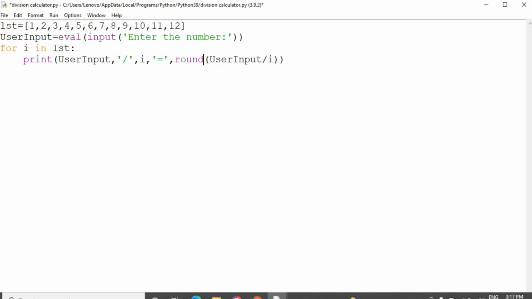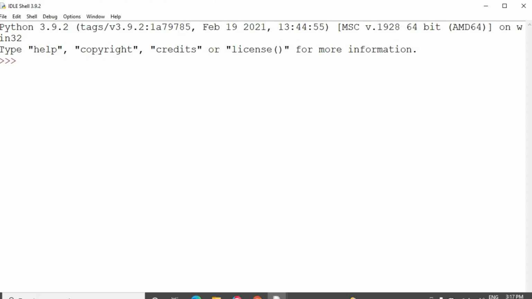To avoid this, we have to use the round function, which is used to round the fraction values into whole numbers. So we are rounding up the result. Then I'm going to save.